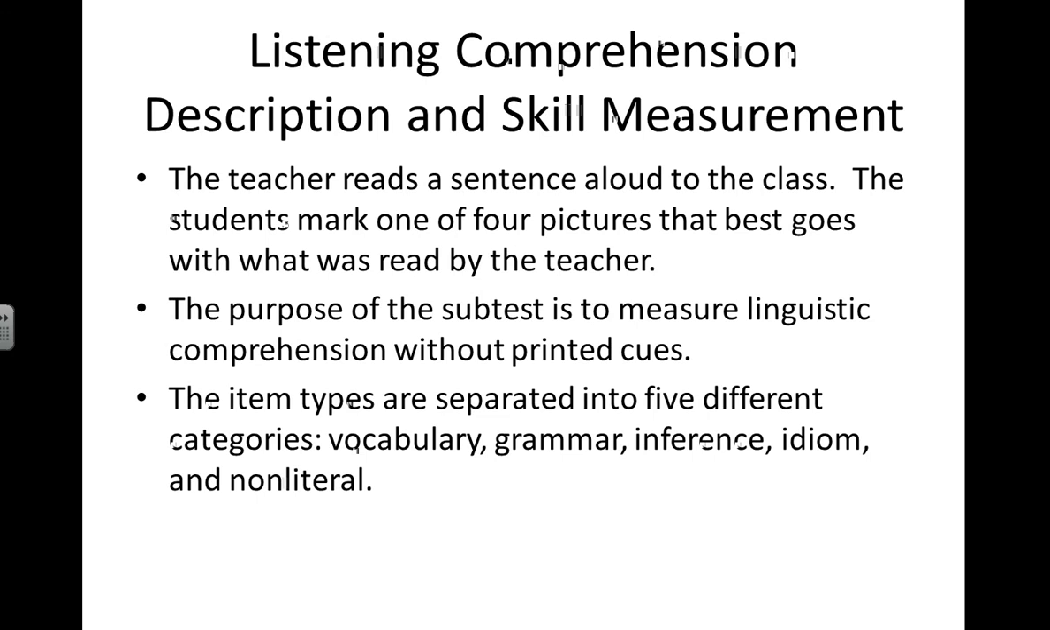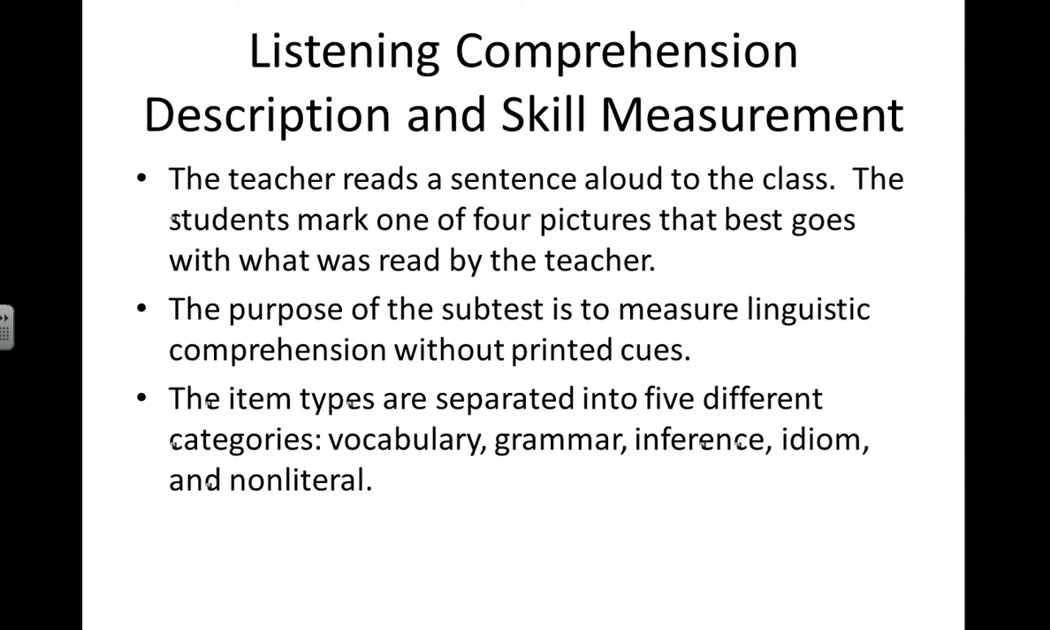Listening comprehension. For each listening comprehension item, the teacher reads a sentence aloud to the class. The students are to mark one of 4 pictures that best goes with what was read by the teacher. The purpose of this subtest is to measure linguistic comprehension without printed cues. The item types are separated into 5 different categories: vocabulary, which is understanding of basic concept words; grammar, focusing on an understanding of structural aspects of language such as word order, clauses, verb tense, and subordination; inference, idiom, and non-literal,